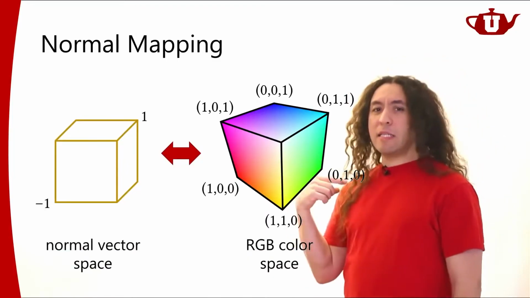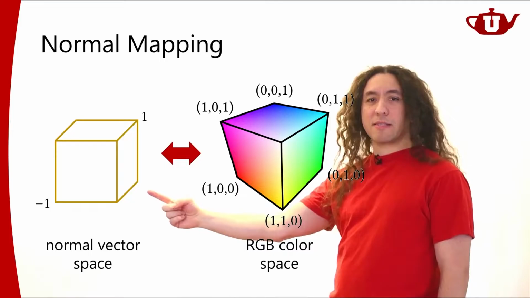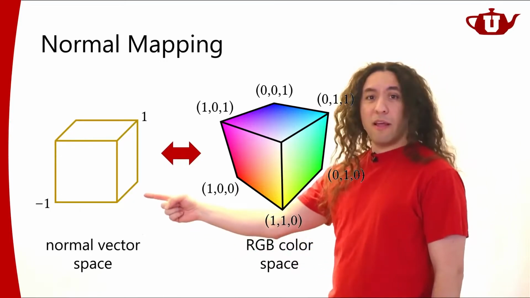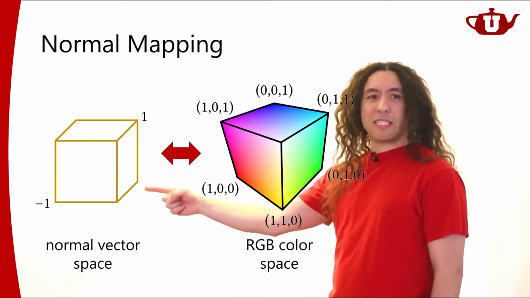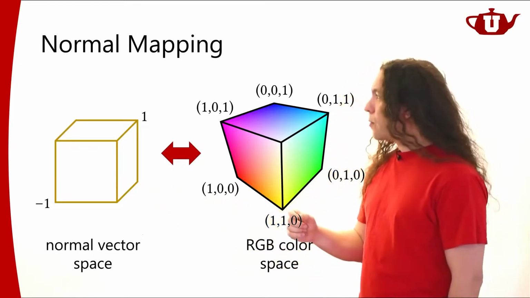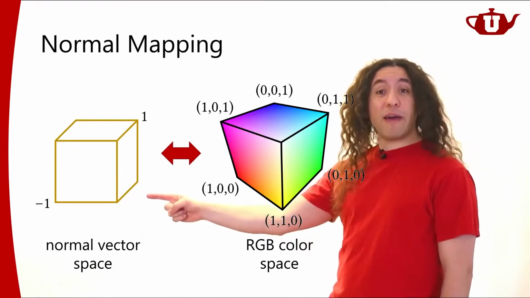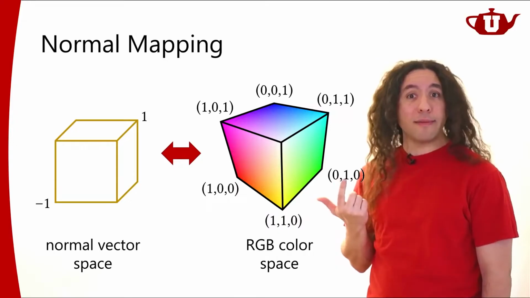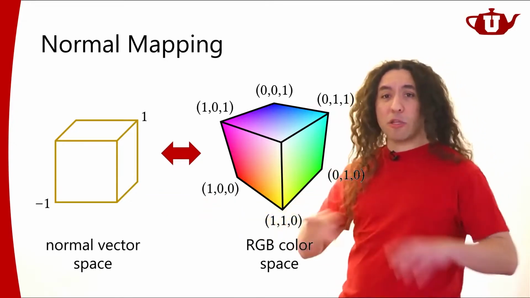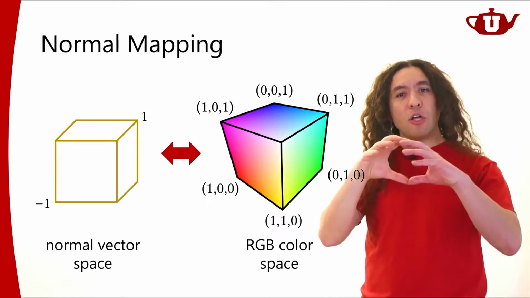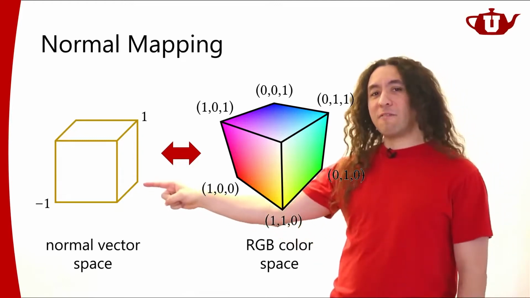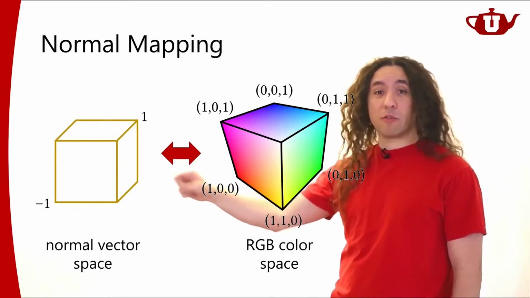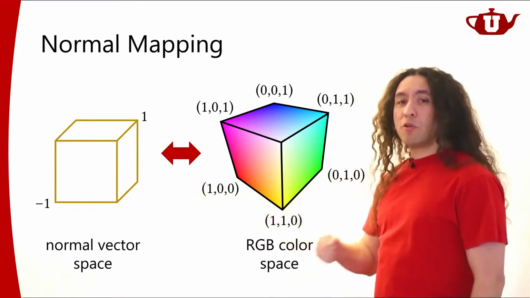The thing is, the normal vector will be in this space, right? It's going to be a vector. It's a unit size vector. So any normal value will be in this space. Actually, it's going to be a little more limited than this. Normal values will be normalized vectors, so their length will be 1, right? So they will actually be on a sphere. So all these normal values will be on a sphere contained inside this cube, right? From -1 to 1. And we convert them to color values.